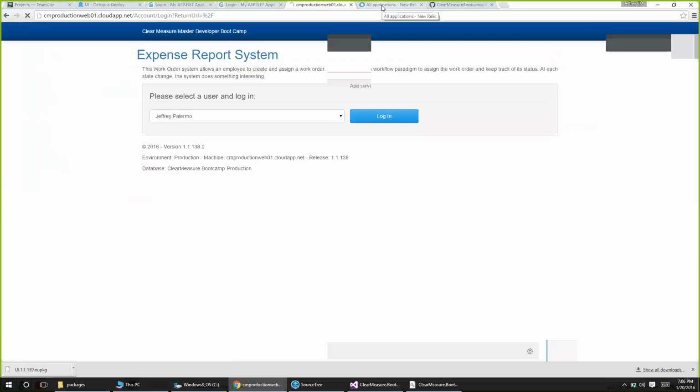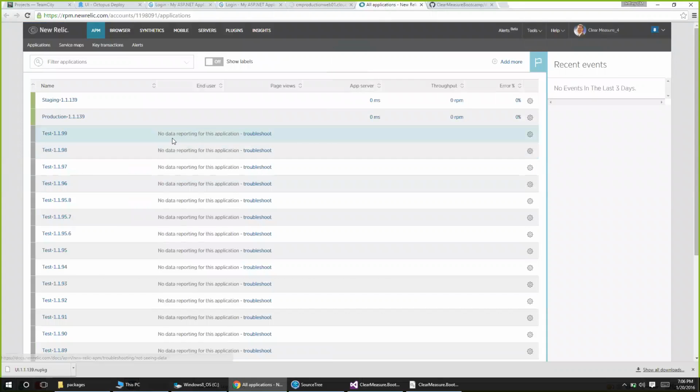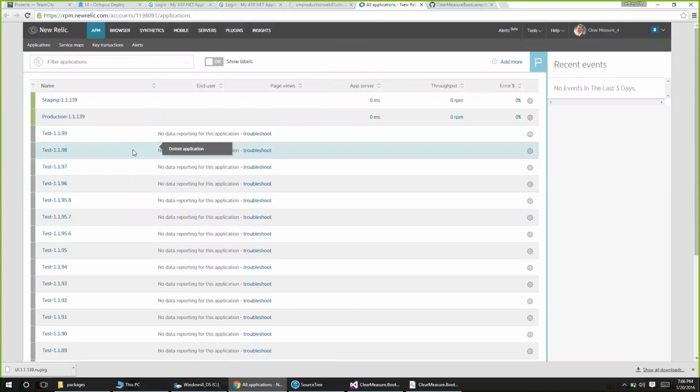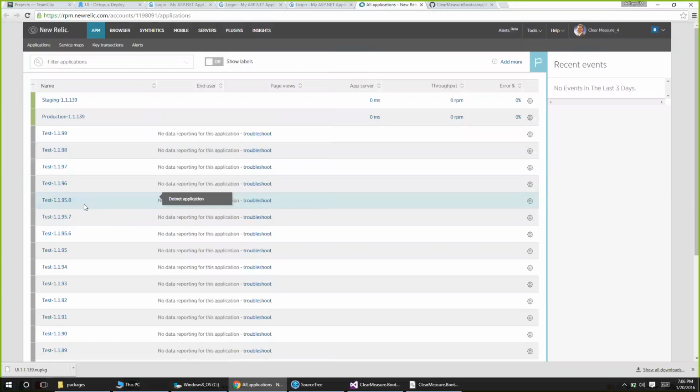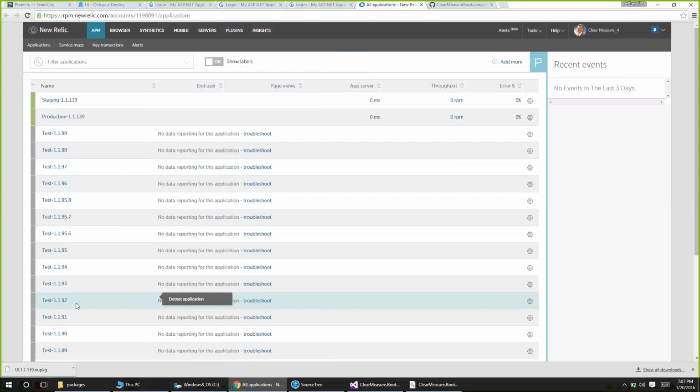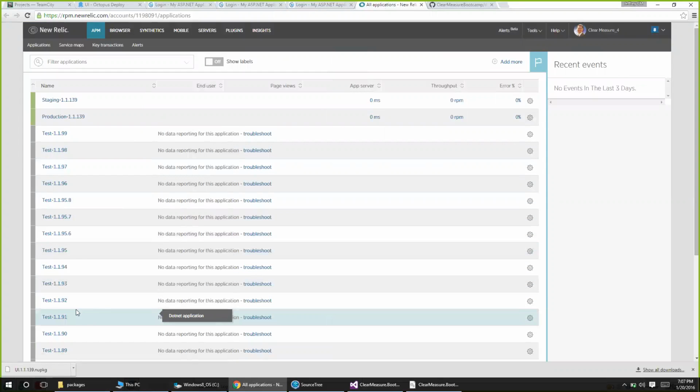Oh yeah, exactly. So New Relic, I refreshed it, and we can see the staging environment for 1.1.139 production. It reported, and you can see all these past ones that are no longer active, so data's not reporting anymore because they're gone, right? So in this way,